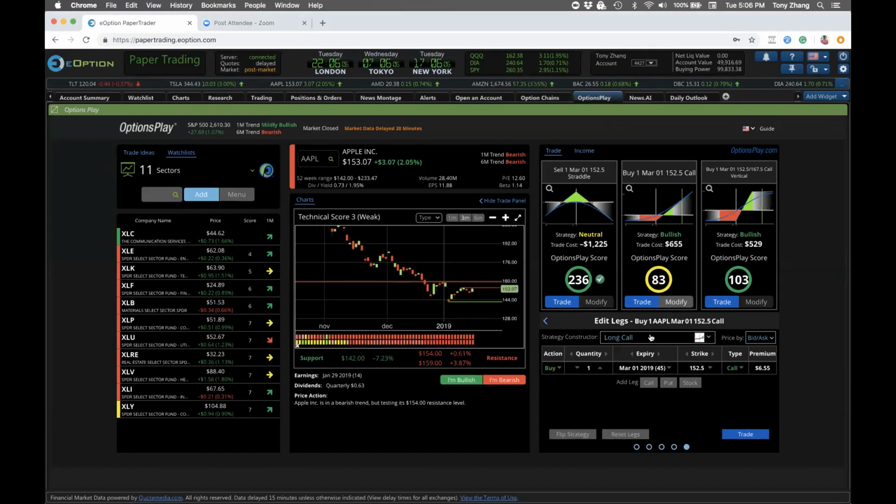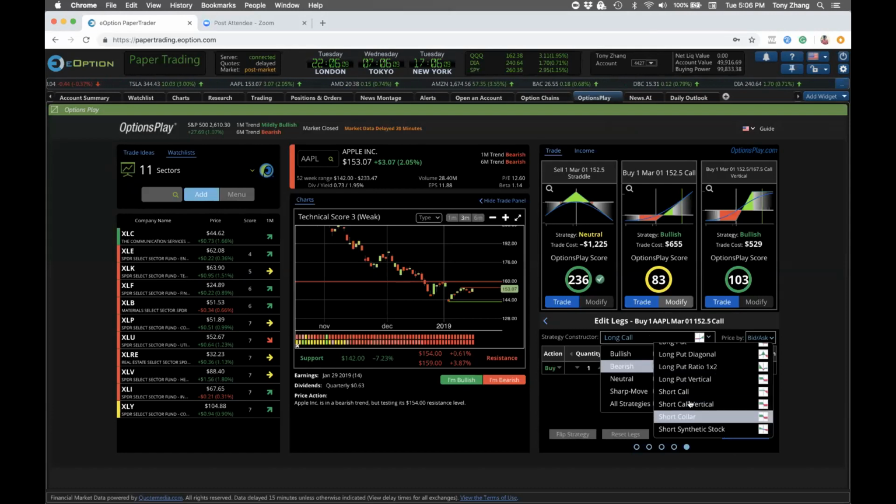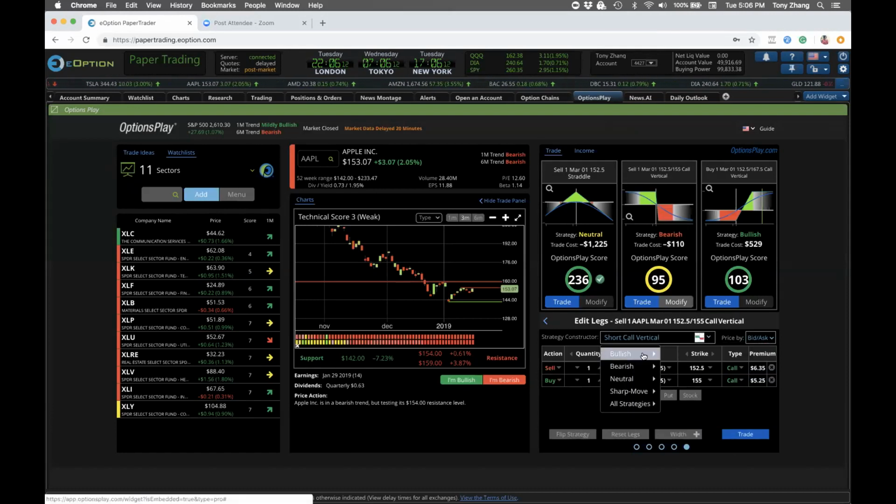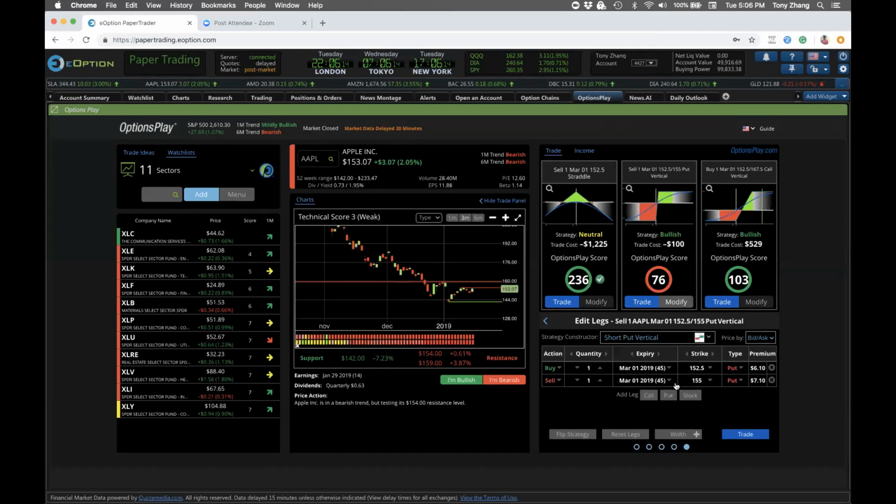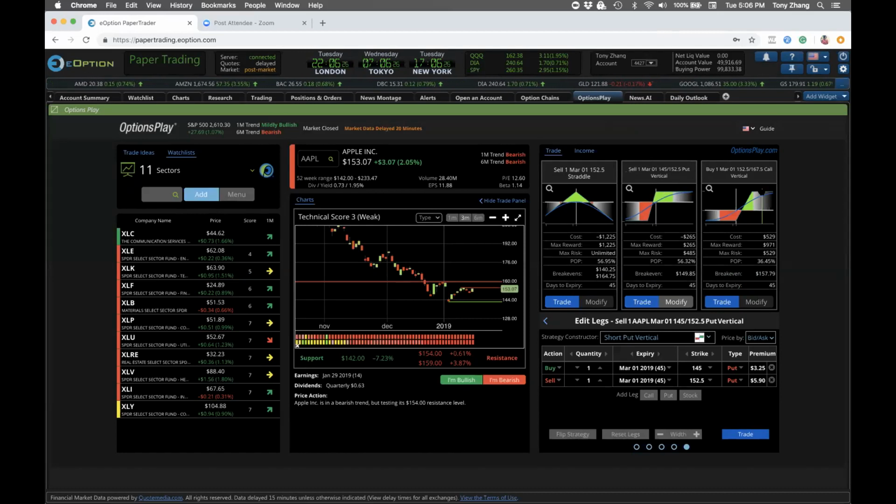Now, if instead I sold a credit spread, let me set up a short put vertical here instead of the debit spread. The reason that we typically don't look at credit spreads versus debit spreads is because of the inverted risk to reward. When you have a relatively 50-50 shot of calling the directional view of a stock on earnings correctly, you don't want a strategy that gives you a high amount of risk versus the amount of reward that you can collect.